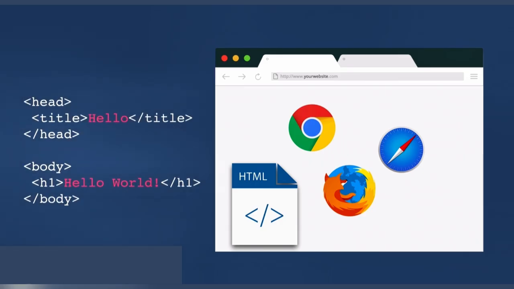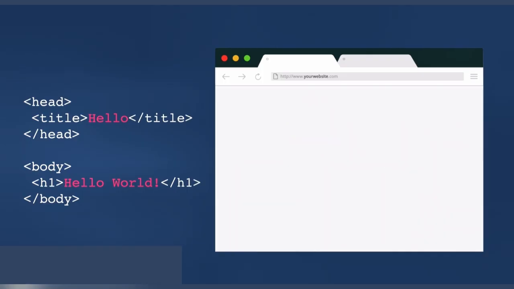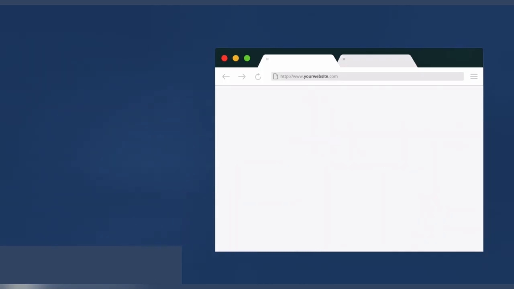So, for example, we've got a little bit of HTML code here that says that our website should have a title called Hello, and in the body, there should be a heading that says Hello World. If we pass that code into our browser, it will open it and display it like so, with the title of the website usually on the tab bar, and that H1 or that big heading showing up in the